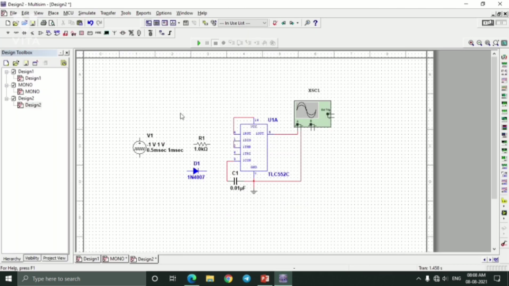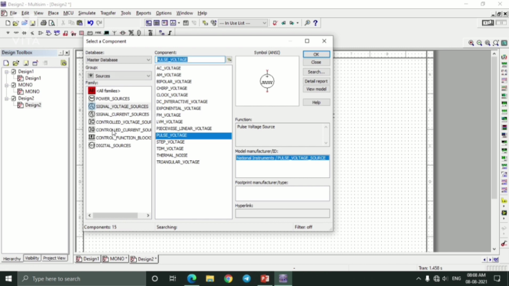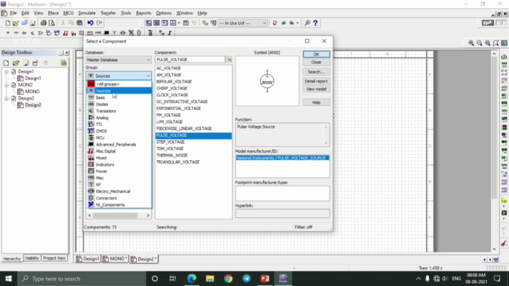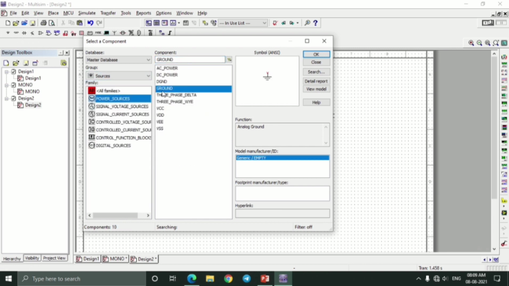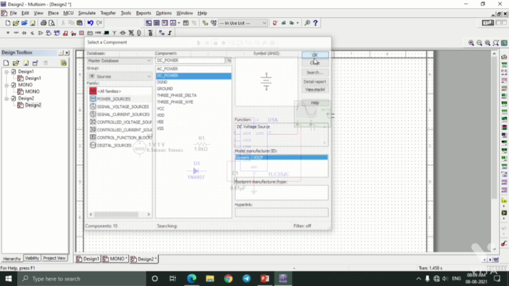Now I have not taken the voltage source, so go to place, components, and over here go to sources and go to power sources. Here go to DC power and click OK.